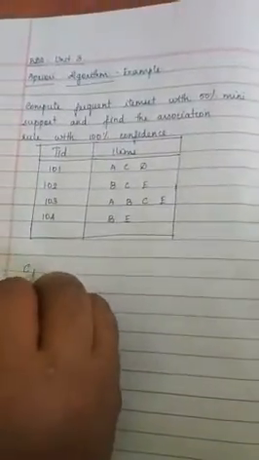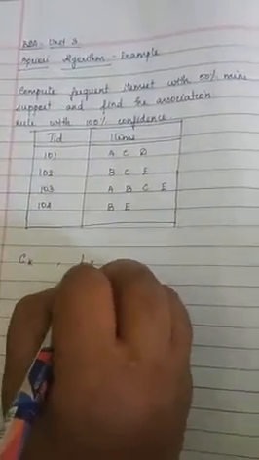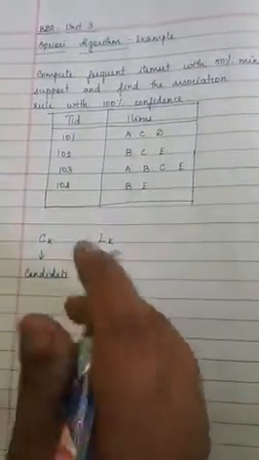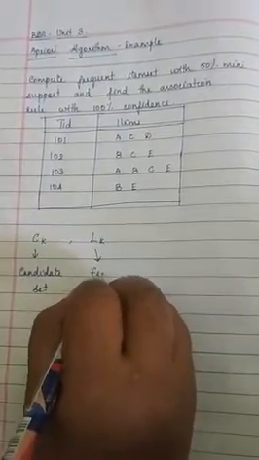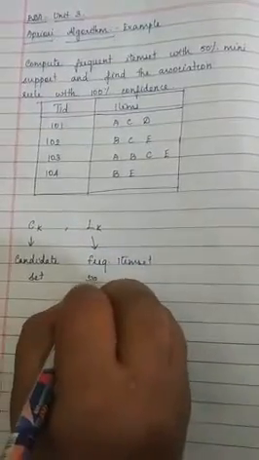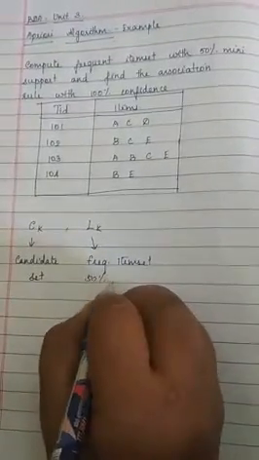To find this frequent item set, we are going to use the Apriori algorithm. In the Apriori algorithm, we normally calculate 2 sets, Ck and Lk. Ck is the candidate set, which contains the list of items and the number of occurrences of items in the transactions. Then we have Lk, the frequent item set, the items that satisfy 50% support.